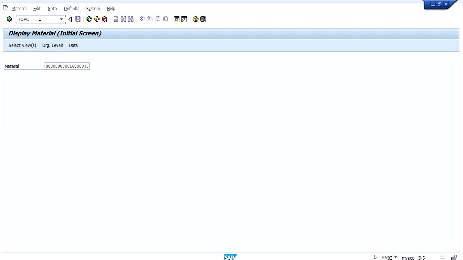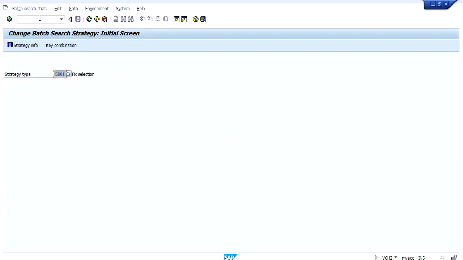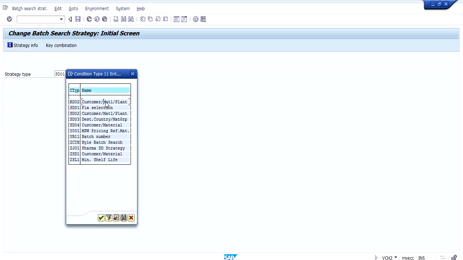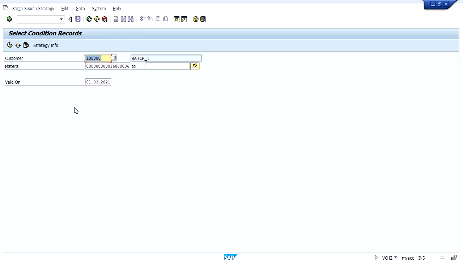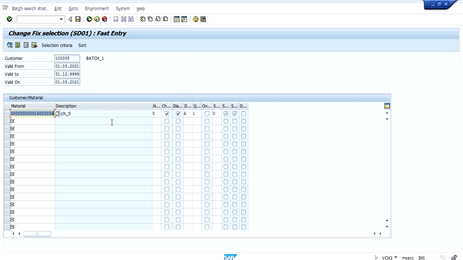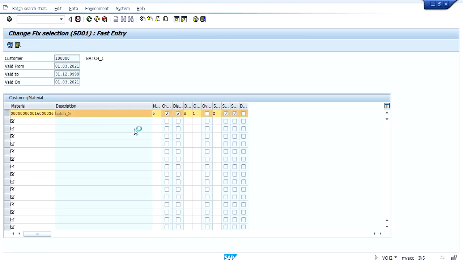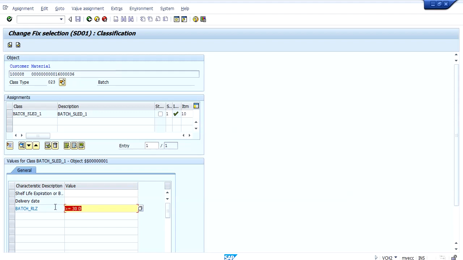Likewise, either with respect to customer and material, or with respect to customer, material and plant, we need to create a batch condition record. Here I have created it with respect to customer and material, wherein I have assigned the selection criteria.